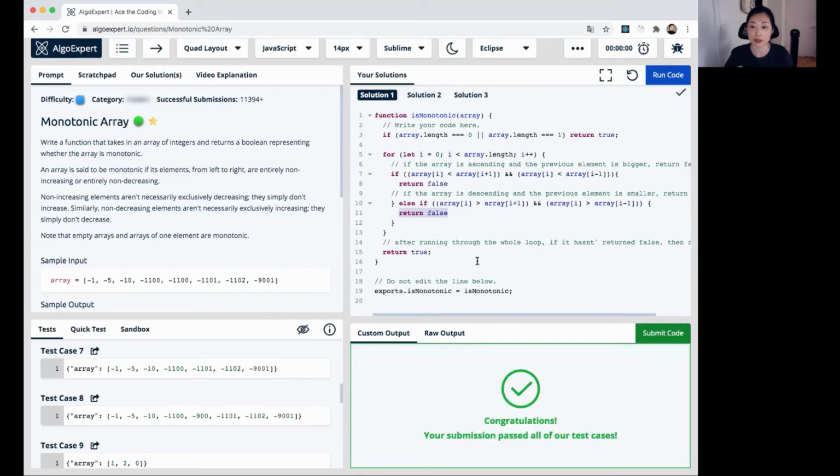After the for loop is done looping, if nothing breaks the rule, we return true. If two adjacent elements are the same, we simply keep moving because that could indicate it's either monotone increasing or monotone decreasing, so it doesn't affect our overall return value. And we run the function,